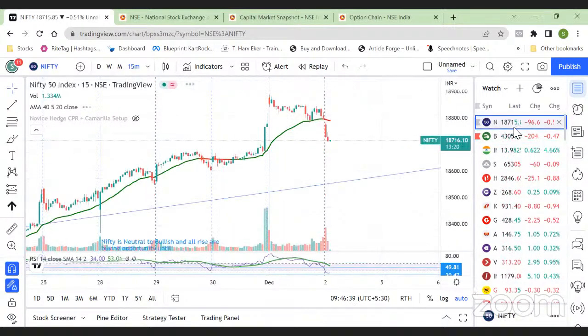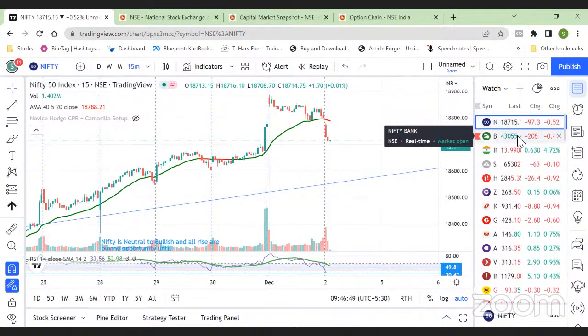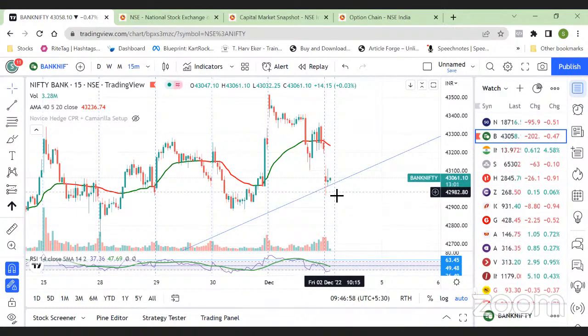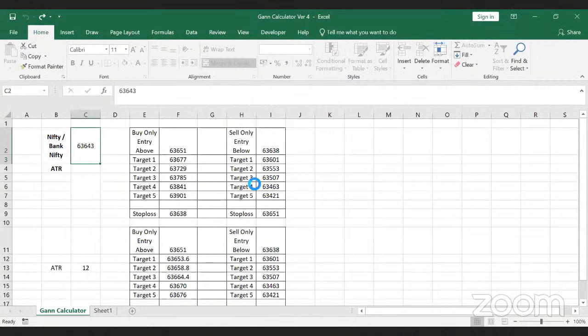Okay. If you see, Nifty is almost near our first target, just around 5 points below that. If you see, this has to breach. That's why I said Bank Nifty, if you see, has done the first 2 targets. Okay. Now for Bank Nifty,